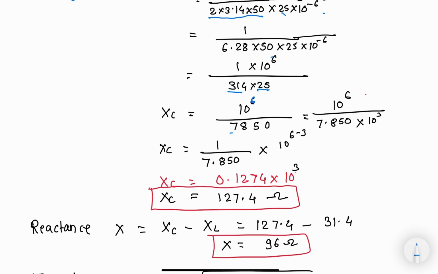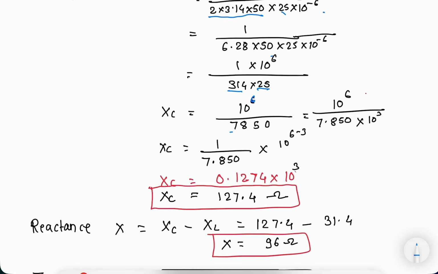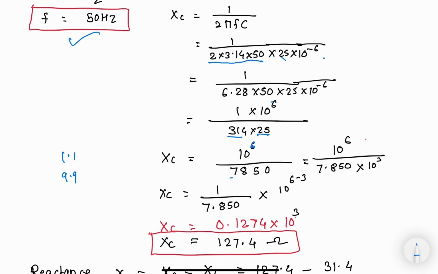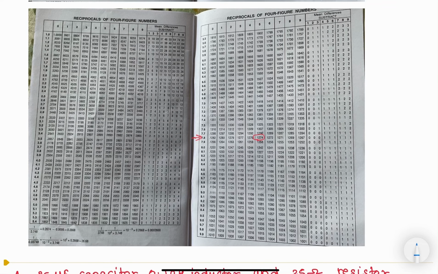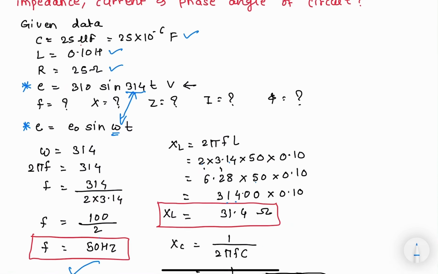But we have a reciprocal chart in the range of 1.1 to 9.9. So we have to arrange that 7850 in that format. So I'm shifting 3 decimals to the left side, so it becomes plus 10 raised to 3 and the answer is 7.850. Now move toward the reciprocal chart and we have to check 7.8 in the 5 and 0. So this is the reciprocal chart. 7.8, this one, in the place of 5 and the 0 is not there. So only 1274. So you have to write here